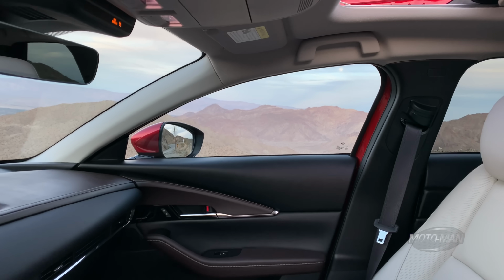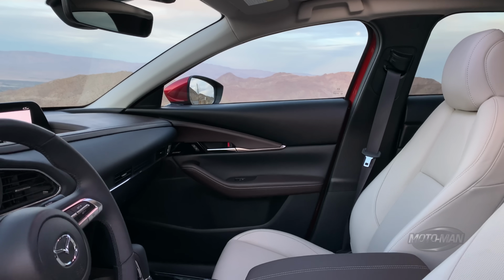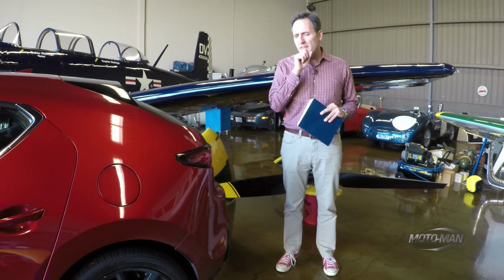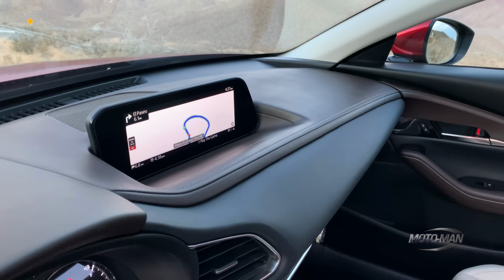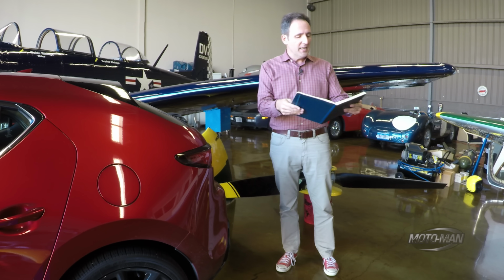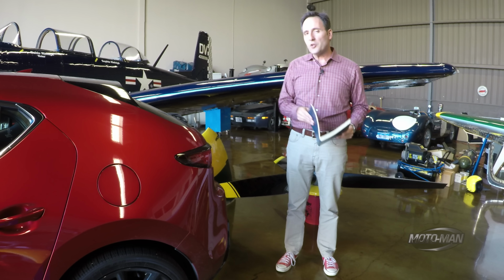Then there are two accessories. The first is a frameless auto dim mirror. That can be had on any trim level of CX-30. It's $275. And then the navigation SD card. This is a roundabout way of saying that navigation is sort of fitted as standard on Mazdas now that they have this fancy UX system. One just needs to buy the software and the maps on an SD card for $450. To that, we add a destination handling fee of $1,045 for a total retail price of